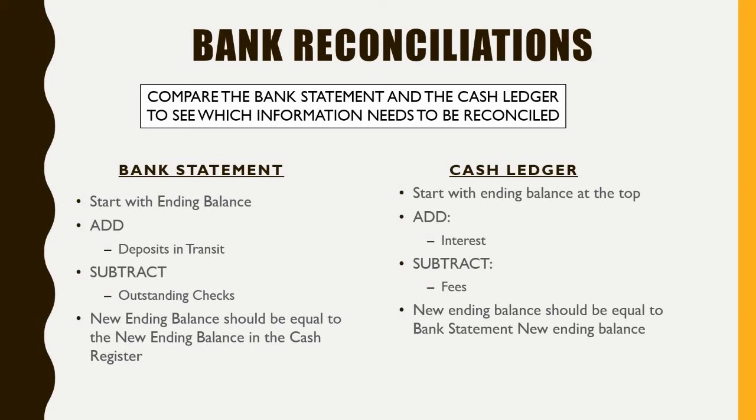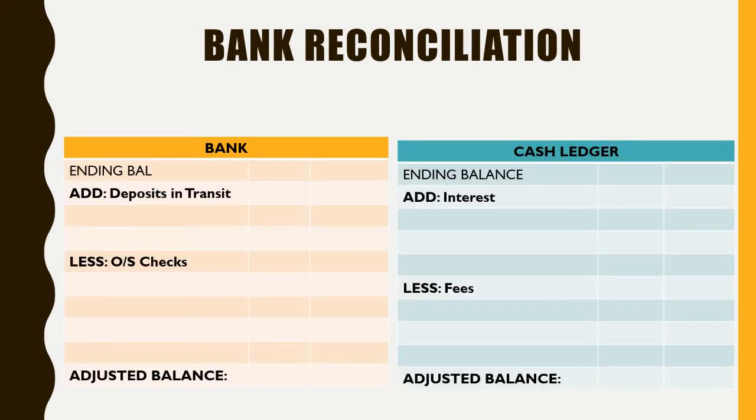So that's the concept behind it, is understanding what you're dealing with on each side, which we're going to compute both sides, because at the end of the day, the most important thing is that the ending balance in your bank needs to equal the ending balance in your cash ledger. If it does not balance, you're missing something. Okay, so that's the rule here. All right, so let's go ahead and take a look at an example. Here I would give you a table that looks similar to this.